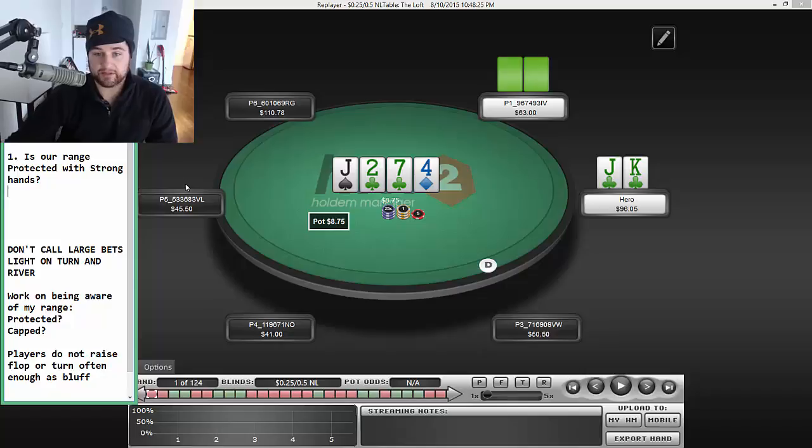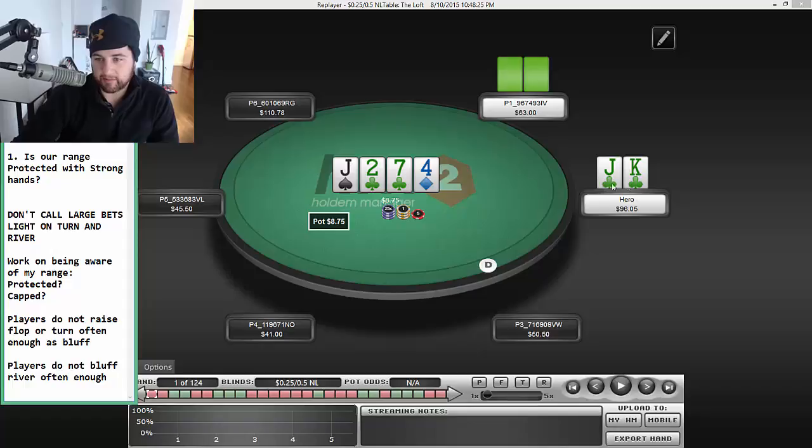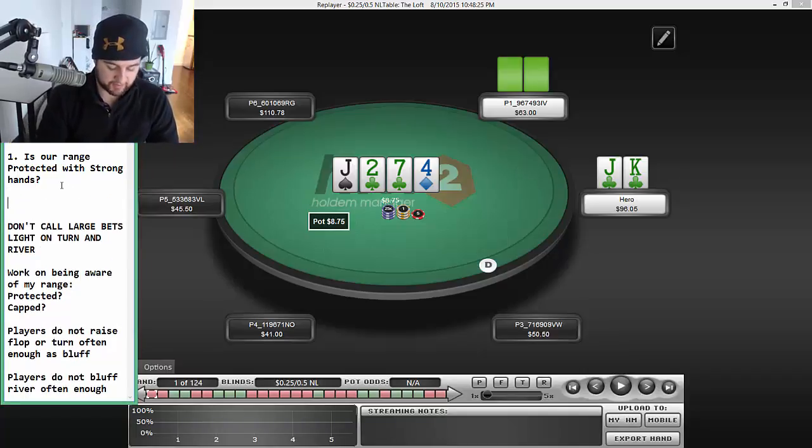And the answer is, yeah, obviously we have top pair here, so we are protected with strong hands, but we can also probably be reasonably expected to even call, some players might call with twos, sevens, pocket jacks would probably 3-bet. Pocket kings, queens, aces are going to 3-bet. So we're a little bit capped here in the sense that we probably don't have overpairs. However, we still can definitely have plenty of top pairs in our range, and players generally aren't trying to get you to fold top pair. Okay, and so that's number one,